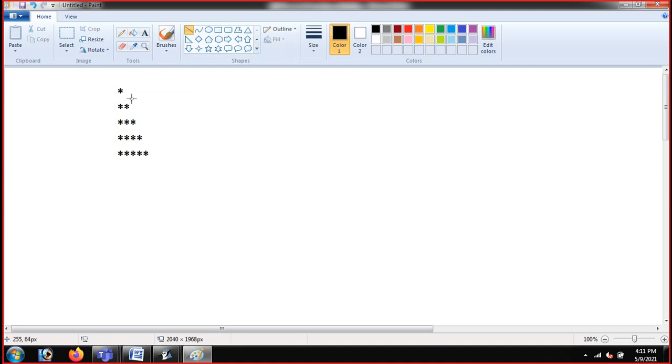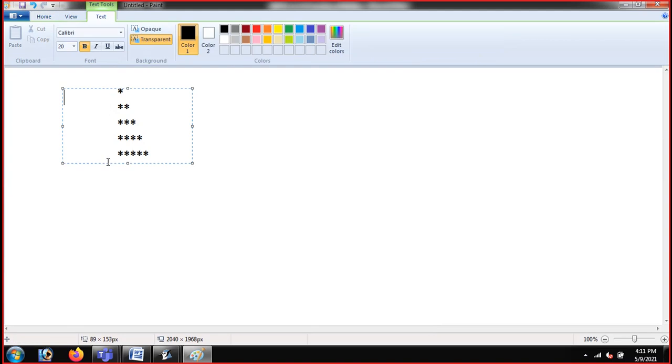You can see here how many rows I'm having. I'm having my first row, second row, third row, fourth row, fifth row, and if you see the columns, again I'm having first column, second column, third, fourth, and fifth. So guys, what I'm going to do here is give names to my rows. Like you can see, I'll be using my I.